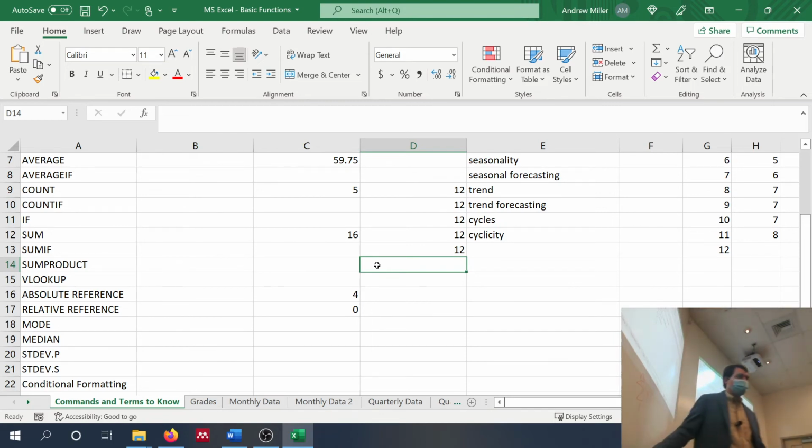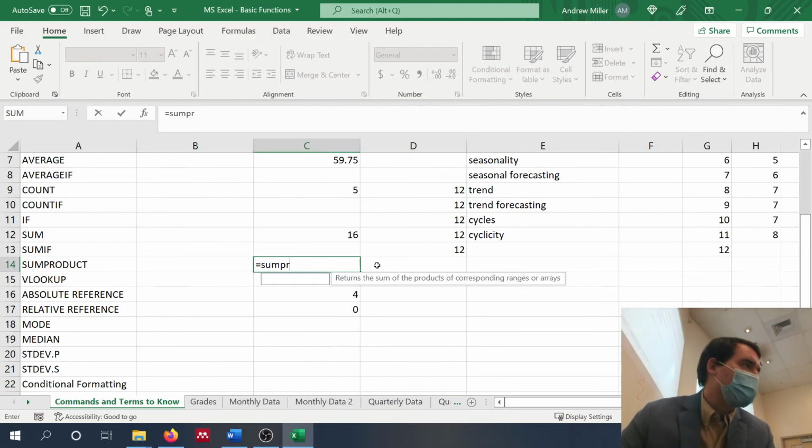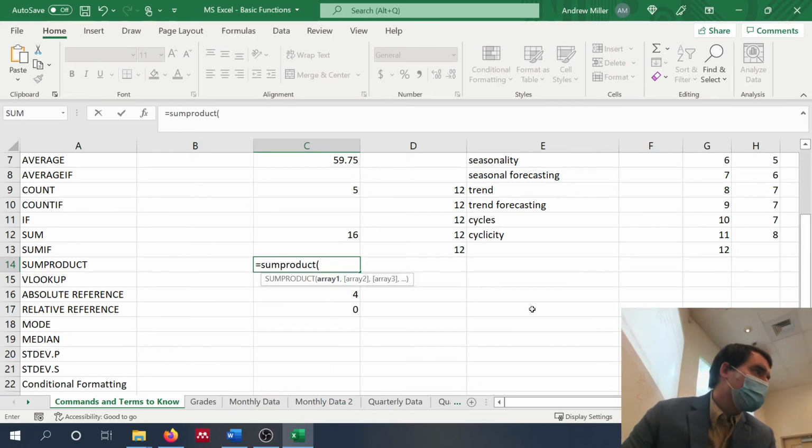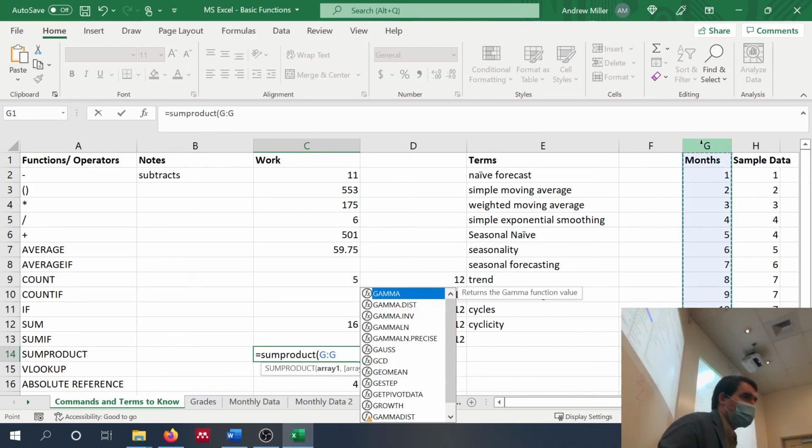So let's see an example of it. All we need to do is type in equals sum product. And we could type in our first array. Let's just go ahead and select the entire G column. Just a reminder, to select an entire column, you can just click the column in the upper part there.